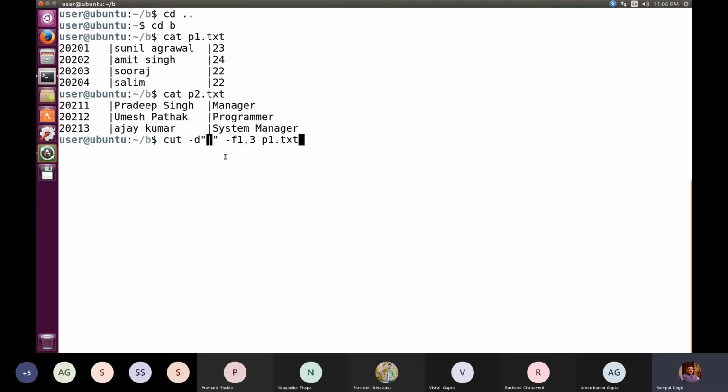Because I am using the pipeline symbol as a field separator. So 20201 is the employee ID of the first employee, who is Sunil Agrawal. In between 20201 and Sunil Agrawal, I have the pipeline symbol as a field separator. Then after the name also I have a pipeline symbol, which means I am starting the third field, and there I write 23. That means it's an age.